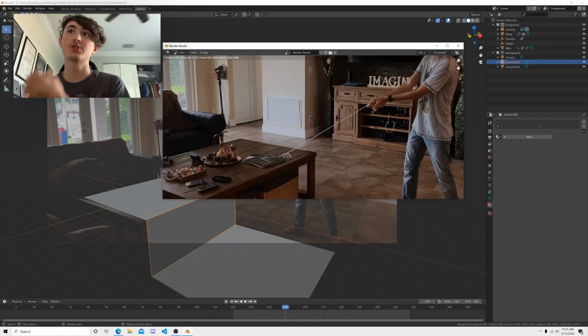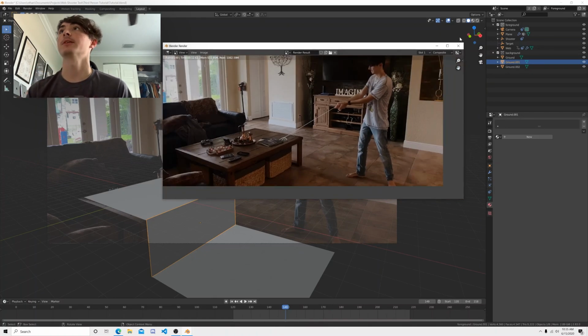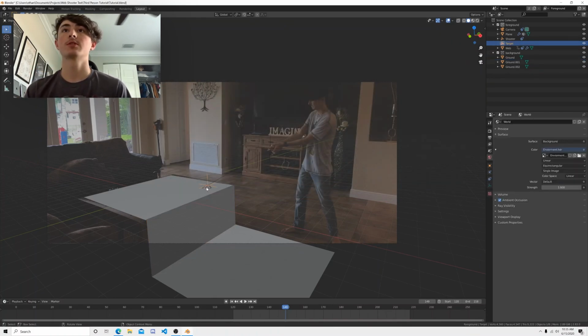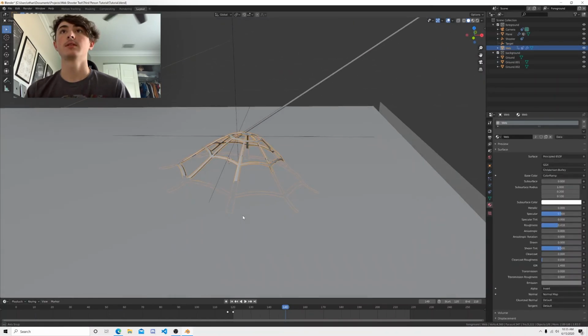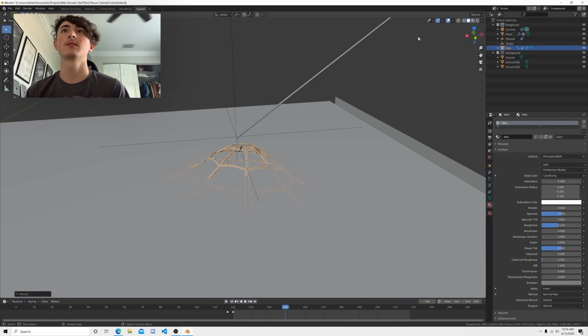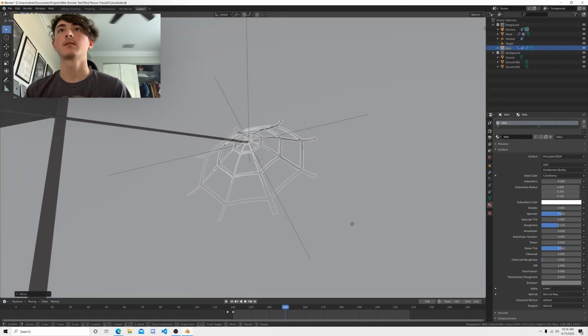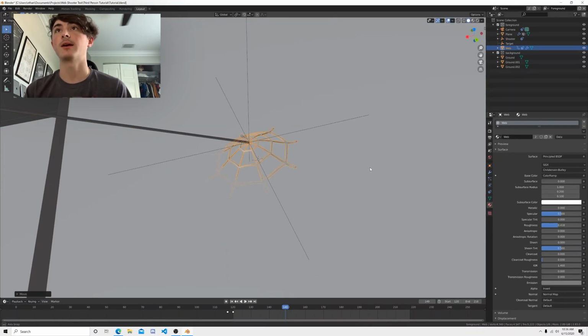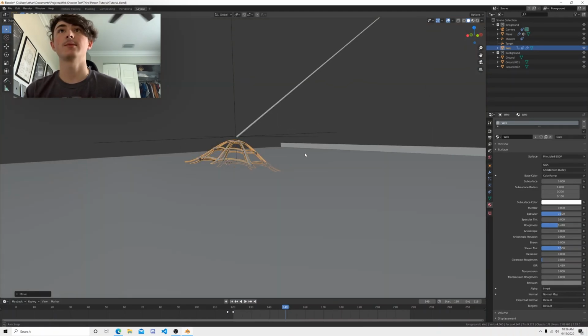Okay, so now it's too big, so we're going to fix that a little bit. So I'm going to just go here, set the scale a little bit down. I'm also going to set the scale on the z-axis a little bit down because I want it to be a little bit more flat. I'm going to bring it more up, align it a little bit more, shrink it a little bit more, at least in my case. It's not touching the table, so we want to make it touch the table, so increase its size on the z-axis a little bit,